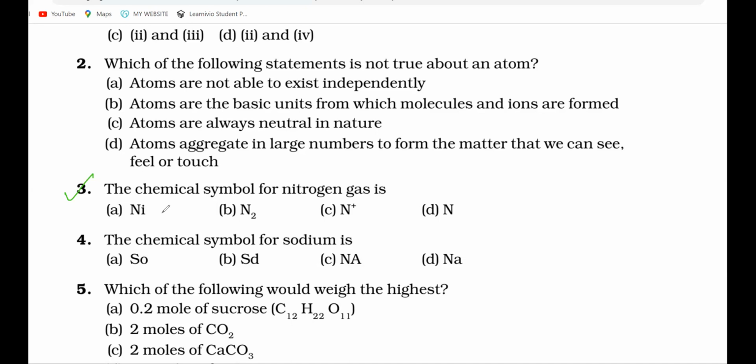The chemical symbol of sodium is D. The first 2 letters cannot be capital in any one. If it has 2 letters, then the first letter should be a capital. Yes. Okay. The next one is